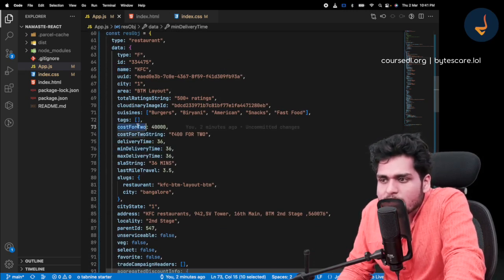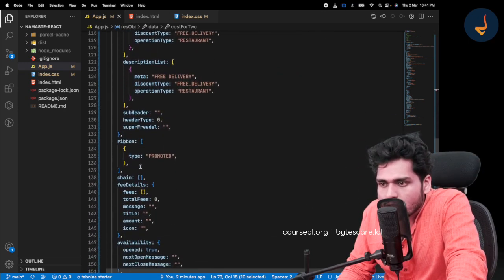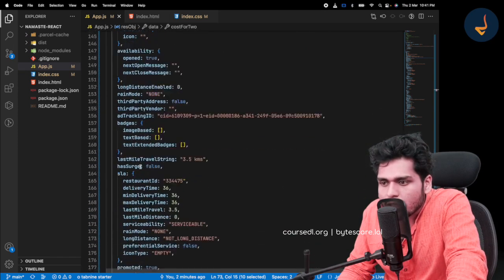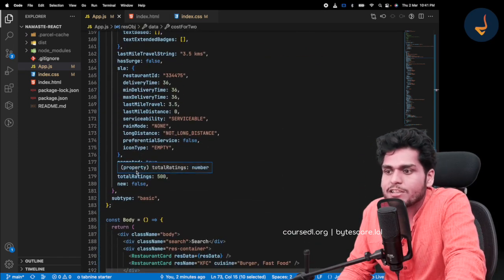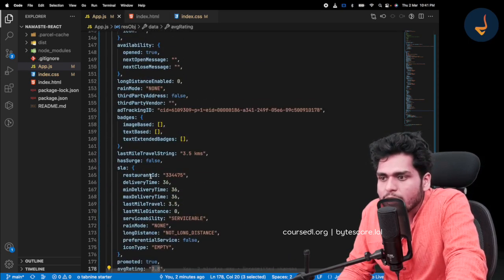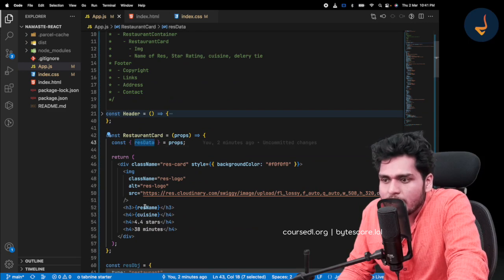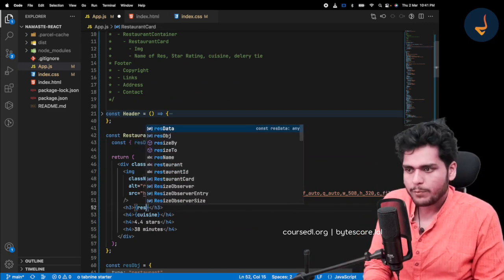And let's use, where is the star rating? Is there a star rating? There would be a star rating, right? For sure. What is the name of that key? Star rating, average rating, okay? This is the AVG rating, 3.8 stars, okay? Average rating. Let's write it down, right? Where is my restaurant card? So basically it is res data, right? So res data.name